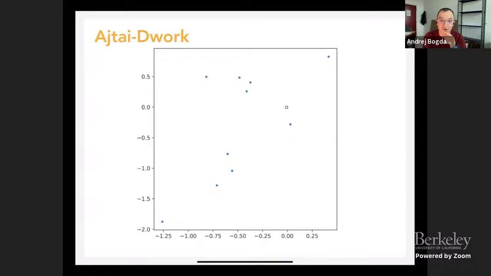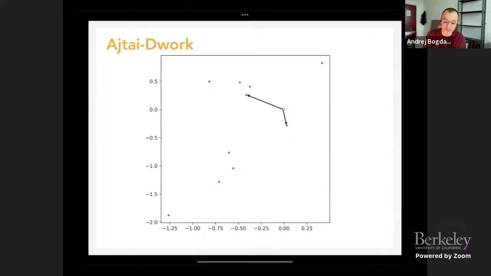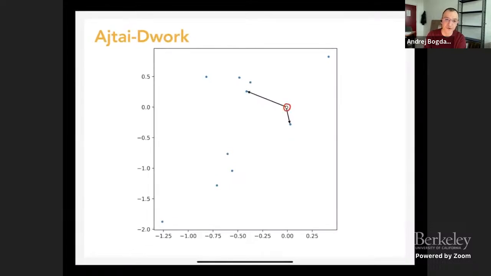And the idea of Ajtai and Dwork is this. Again, think about it as I have these two collections of points, and I want to know which one is random and which one has some Boolean vector planted in the column space. What Ajtai and Dwork do is single out two of these points and think of them as vectors. The black point here is just the origin, the old 0 point.